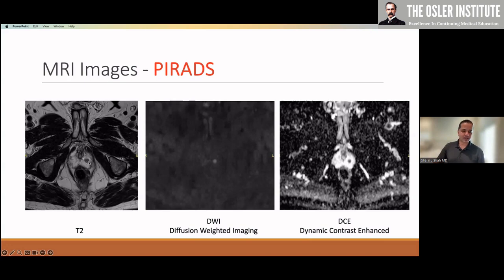So that's suspicious. Now, PI-RADS will take T2 images and also compare them to diffusion weighted imaging, as well as dynamic contrast enhanced imaging, and assign scores, and ultimately give you a PI-RADS 3, 4, 5, etc. that will suggest doing a biopsy. But here you see that nodule that appears abnormal on T2 also